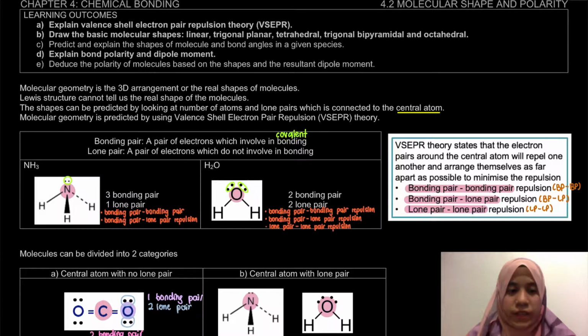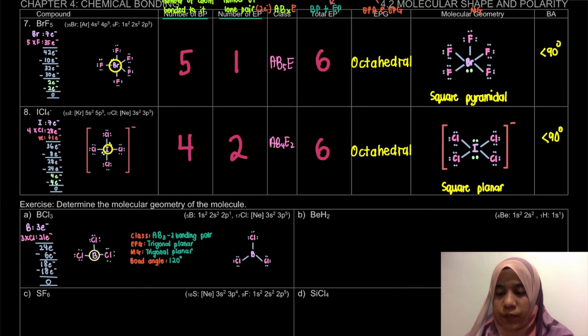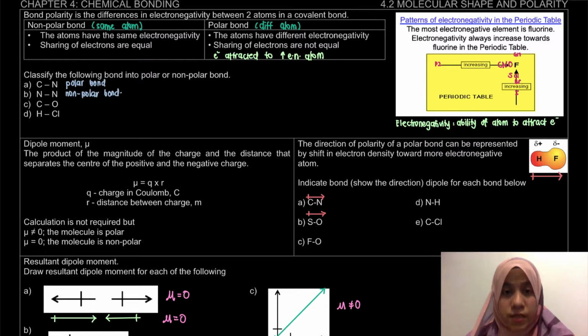Previously, we learned to explain bond polarity and the dipole moment. In this video, we are going to deduce the polarity of the molecule based on the shape and the resultant dipole moment. If we go back to our notes on page 16,